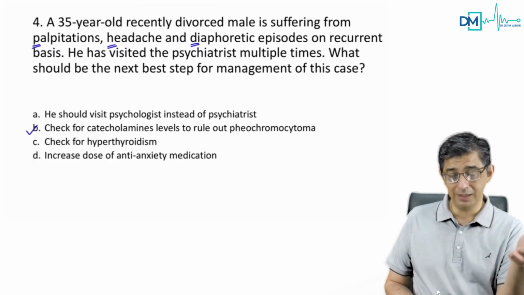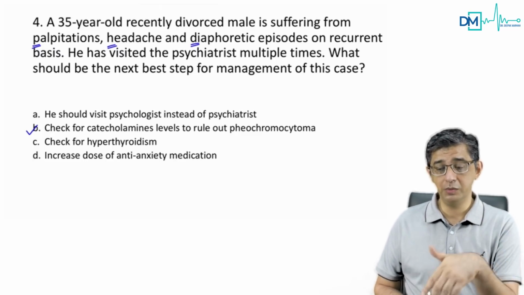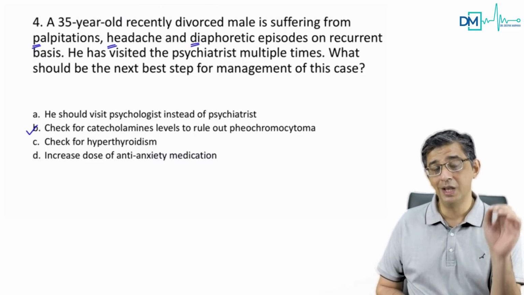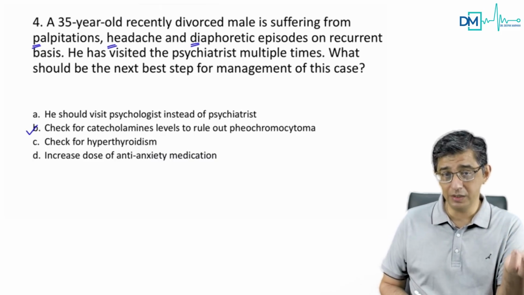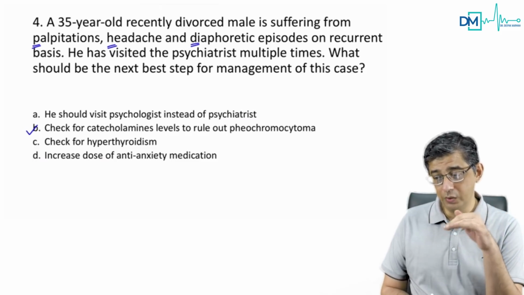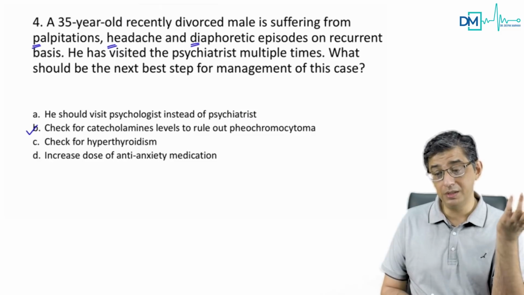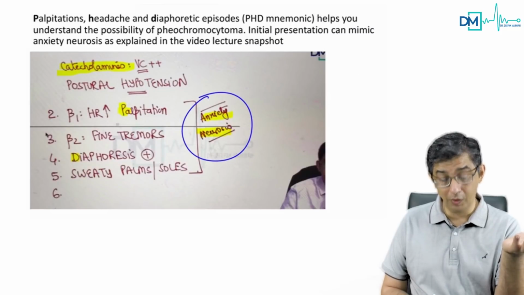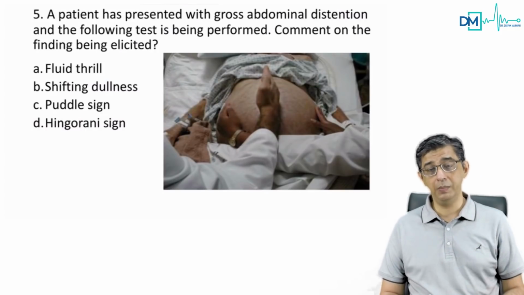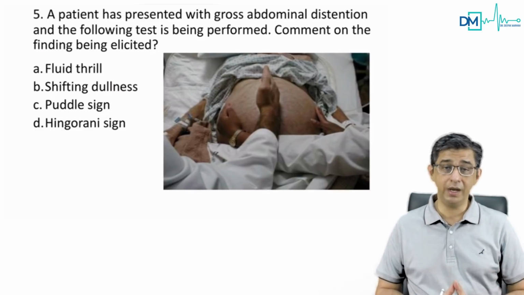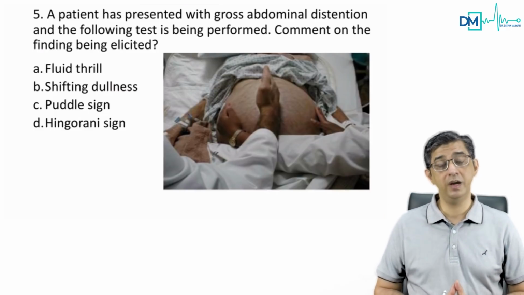You see, the detailed discussion of these MCQs would be in the main section in the app. Here, I'm just trying to give you the answers so that at least you can calculate your final scores. So the answer to this question would be based on pheochromocytoma, which is a great masquerader. This disease can mimic anxiety neurosis. Many times, even qualified doctors may make a mistake and misdiagnose pheochromocytoma as anxiety, and then suddenly, boom! This guy has a brain hemorrhage because of the hypertensive crisis.